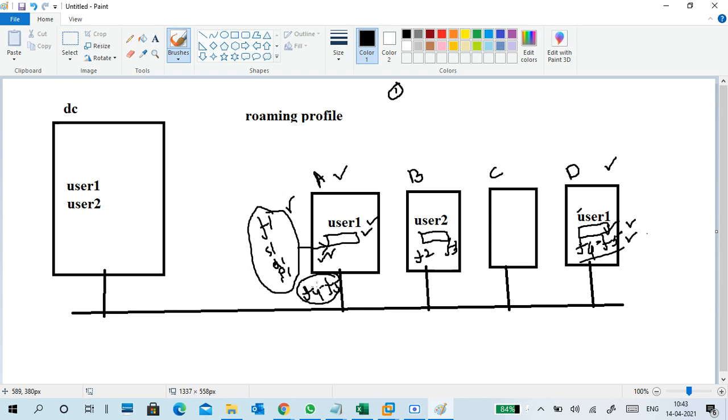PCA stores this data in a local location, and PCD stores this data in their location. So the user cannot see both the data at a time. This is because of the local profile. So in general, the user has to go to some other PCs, and he cannot access his data. Okay. So second, same thing, same story only, but I'm telling a story only.